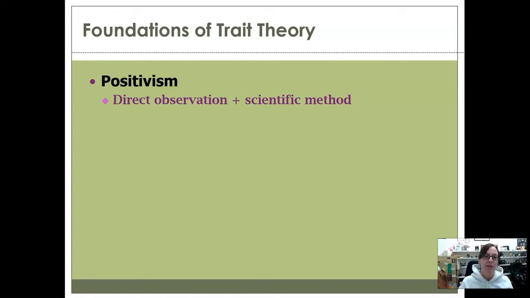because positivism basically just means anytime we're using the scientific method combined with direct observations, and that's how we acquire knowledge. So while this can be used for and supports a lot of different theories, you can see why it has a direct relationship to things like biological and psychological theories and anything about observing human behavior. And so basically from a positivist perspective, the idea is that if something is not directly